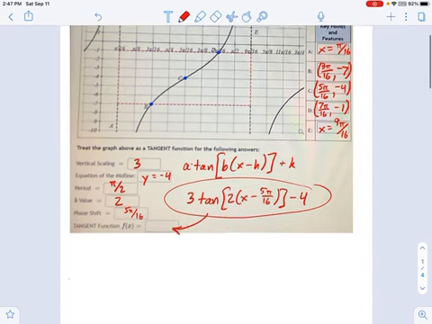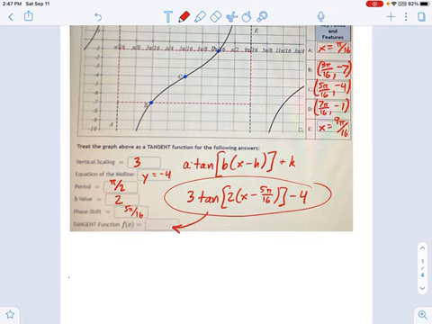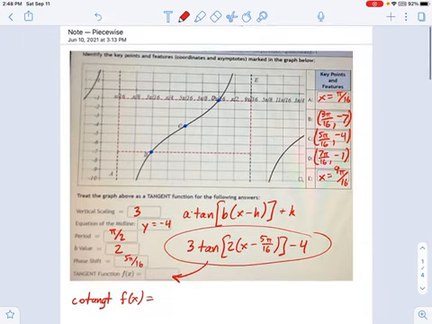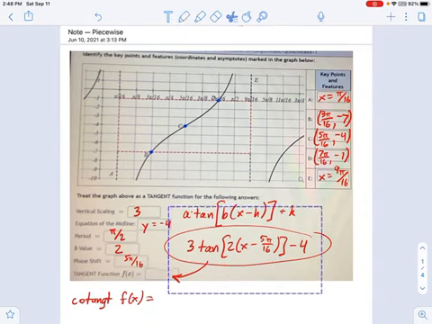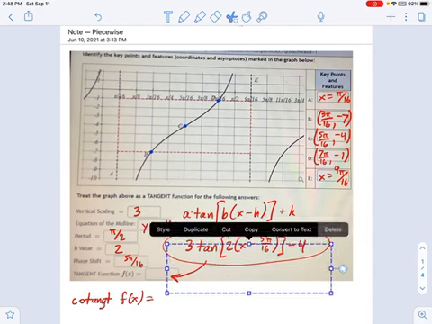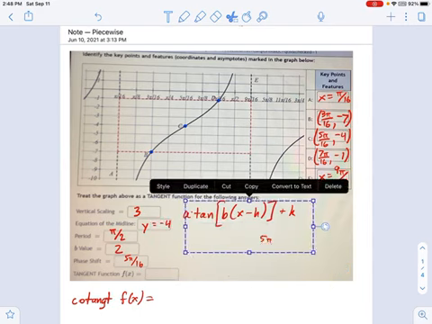Now, this problem doesn't show it in my screenshot. I didn't have room on my screen for it, but the next part of the problem says, what is the cotangent function? Okay, cotangent function is basically, if we look at this graph and pretend that the equation that made it was a cotangent equation, what would that be? And the way you do this is you have to remember what the shape of a cotangent function is. Okay, let me get some room here.